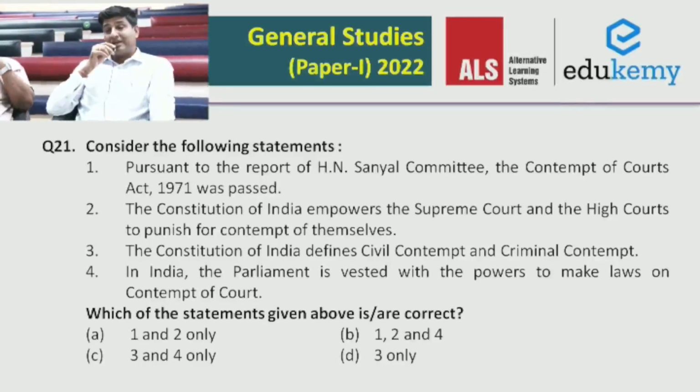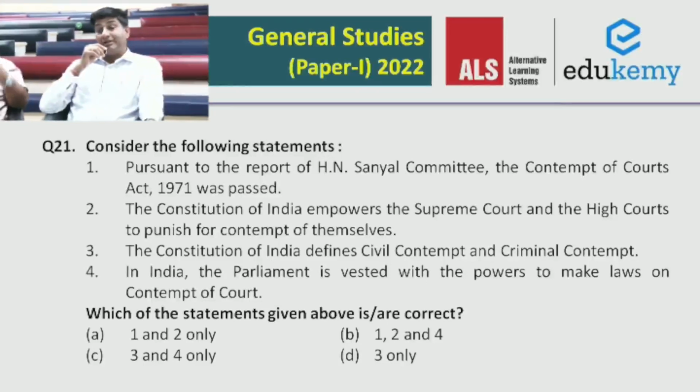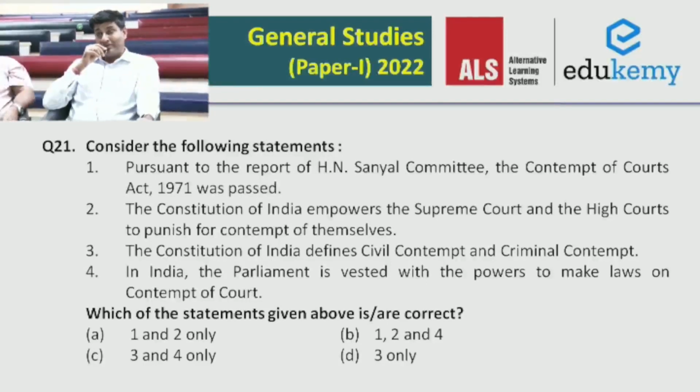But this time, in some questions they have framed the question very differently, where pairs are given and you are asked to identify how many of the pairs given are correctly matched. Only one pair, two pairs, three pairs. So there the difficulty is, until and unless you know everything, you will not be able to get the answer. You will find that in some questions which will follow.